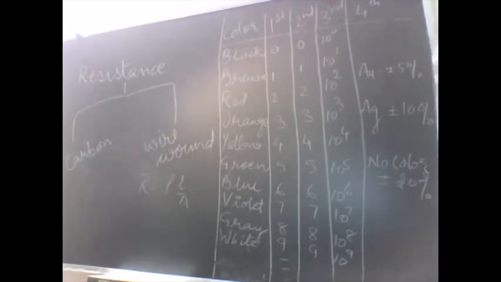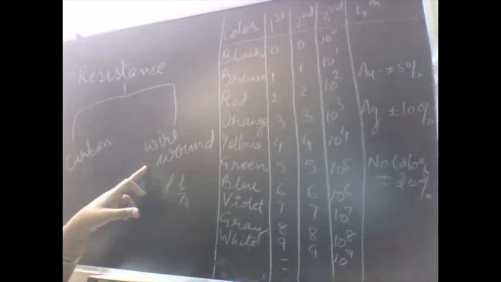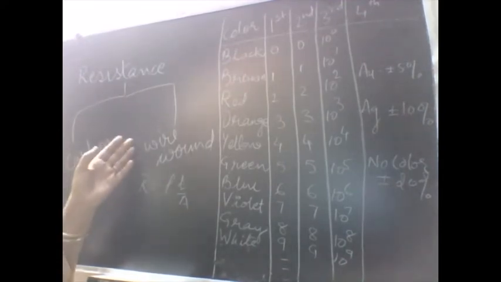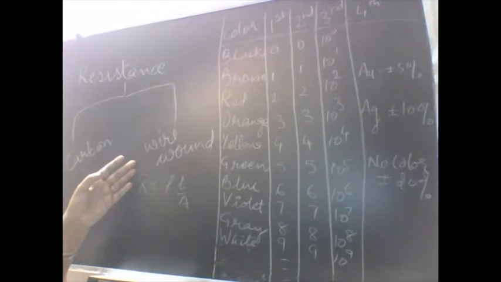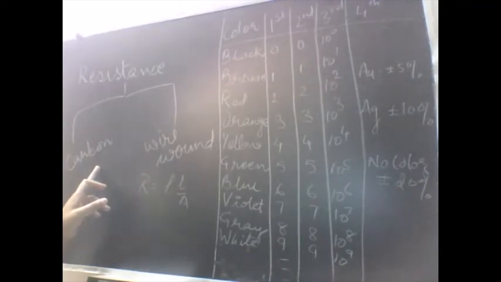But now the point is, when any material that is available in the house is offering some resistance, then what was the point of constructing or using resistances made up of wire or carbon? In the industry, we need resistances of variable values, and they should be compact in size, and they can be made to work at higher frequency also. So all these characteristics are available in the carbon resistors. They are very compact, very small in size, and very high values can be obtained by constructing carbon resistors. So they are made up of carbon or graphite.